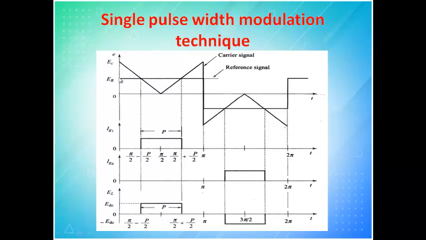So initially this DC line you will keep at 24. When you keep it at 24, you will get the maximum width. So maximum width will lead to maximum output. Then again now the error will come down. So this line will slowly come down and reach an instant where the required output will be there. So this is how you are doing a closed loop for a single pulse. So this is called the reference and this is called the carrier. So you can see here for the entire cycle you are getting only a single pulse.